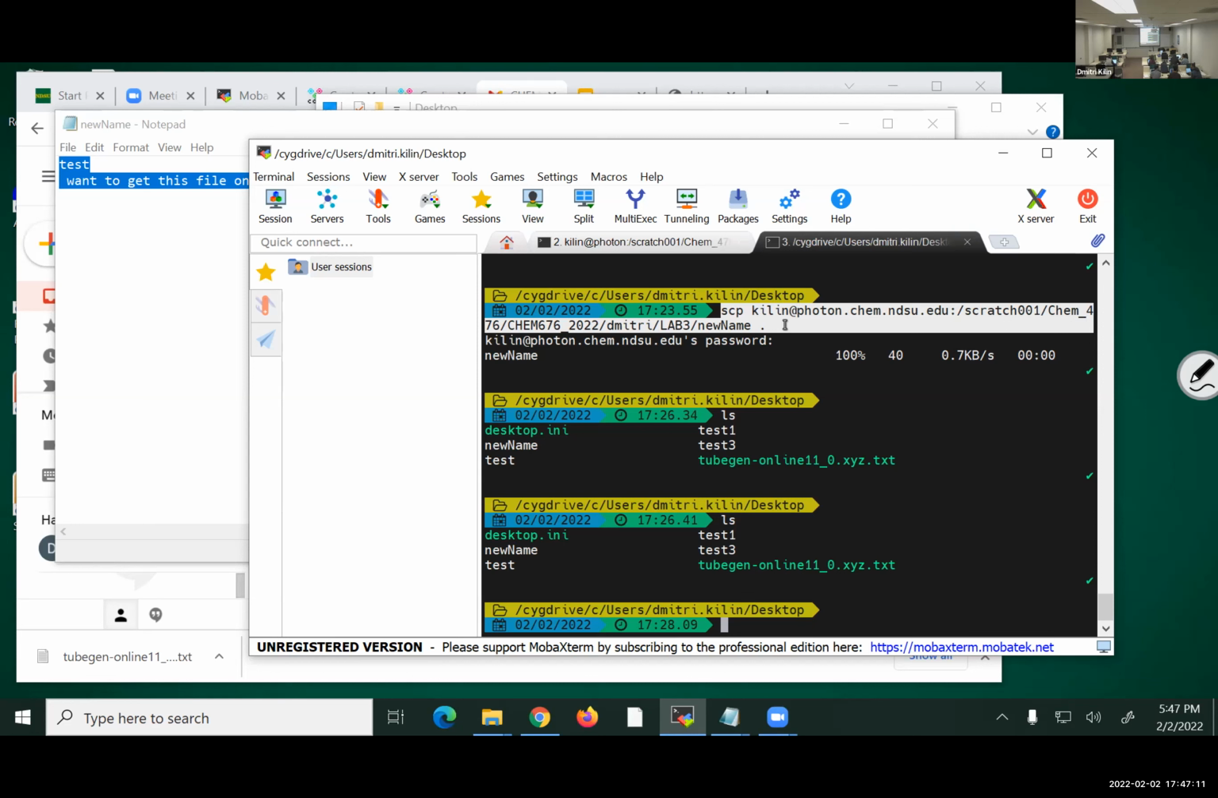Which file do you want to download? Like test3. So we copy the path. And it's case sensitive. If we miss anything, it may not work. So desktop, SCP. So now we want to download